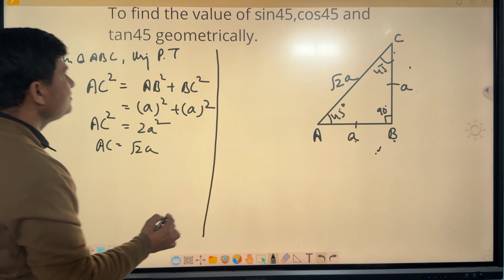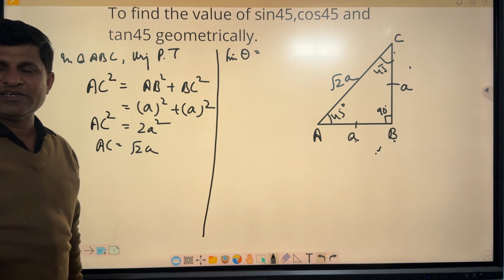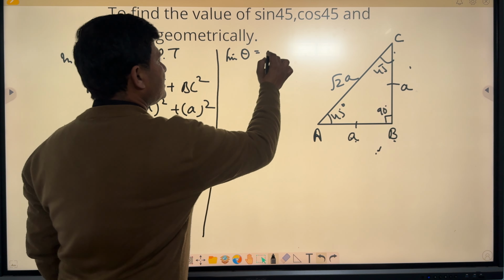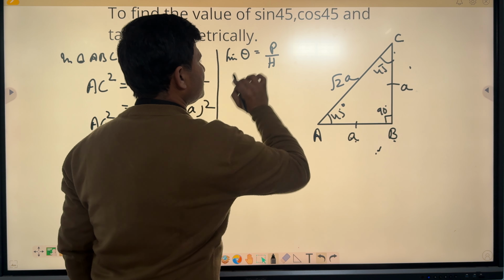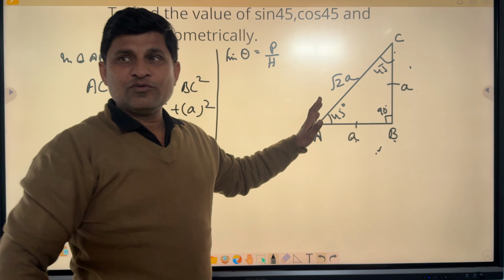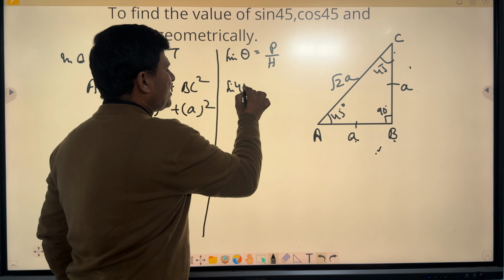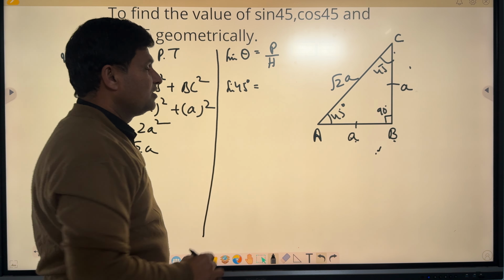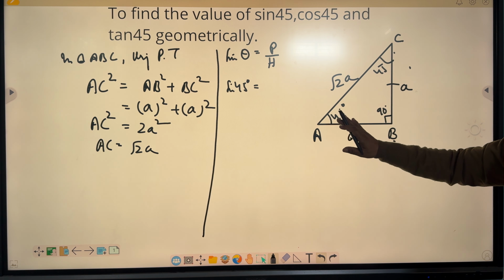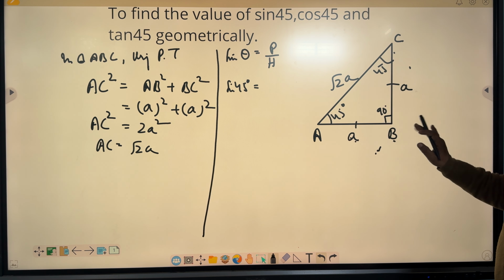Now what we have to find? The value of sine. Now can you tell me what is sin theta? How will you find sin theta? Anyone? Yes, very good. That is P upon H, that is perpendicular upon hypotenuse. Clear? Now come to this triangle again. If we have to find the value of sin 45, you put 45 in place of theta. Now what is perpendicular? That is, for this angle BC is perpendicular, AC is hypotenuse and AB is base.